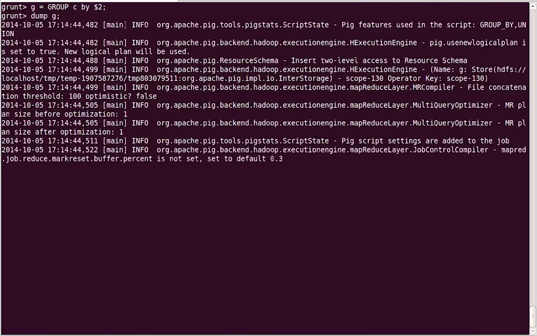Now let's do some more stuff, guys. Let's do some grouping of the data. Suppose you want to create a group, so G equal to, you can do group C by something like $2. We have all the data set stored in C, so what we are doing is grouping that based on the last column, which is $2. Okay, now if you do a dump of G, let's say,